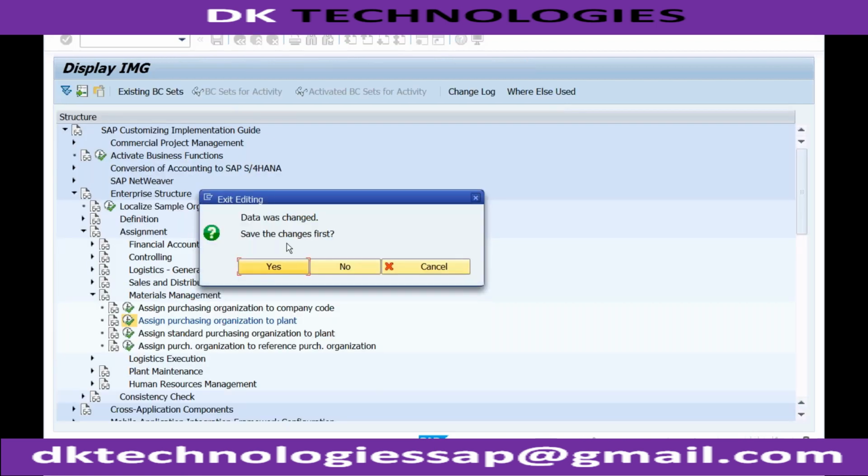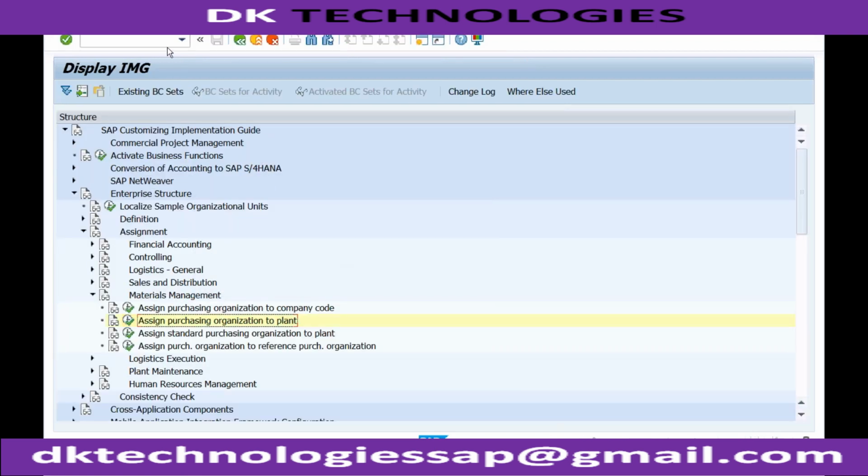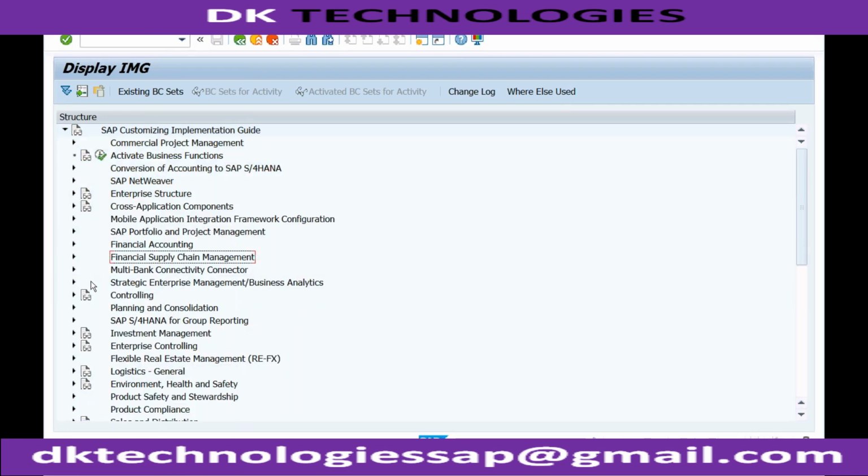So this is about purchasing org. The purchasing group is not created in the enterprise structure. Purchasing group would be available within the materials management folder itself. We can look at it later on. So that is not part of the enterprise structure within the folder here, but it has to be taken very seriously in the enterprise structure discussion itself.